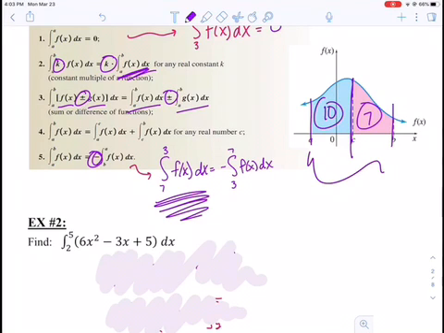For example, if I ask you to integrate f of x from 7 to 3, normally it doesn't go in that order. It would go from 3 to 7. So I would have to flip it around, integrate it just like normal, finding the area underneath the curve from 3 to 7, but then I would need to make sure that I added a negative in front of my answer. So making sure that your limits of integration